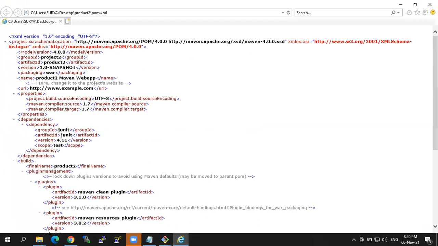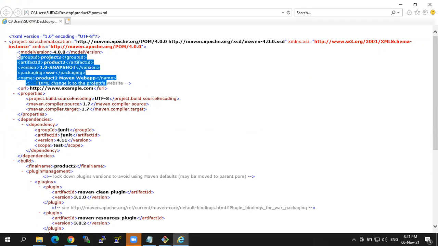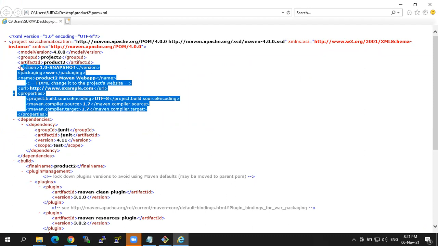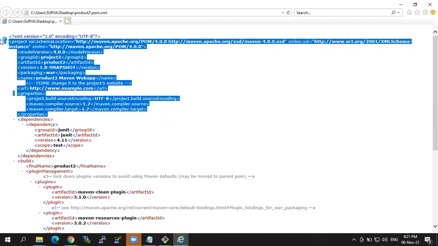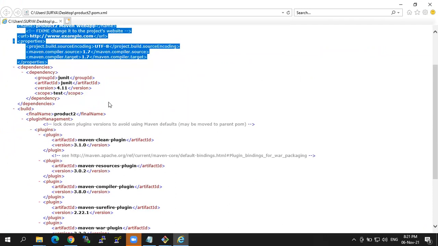First it will contain the general tags. General tags means nothing but group ID, model version, artifact ID, version. What is the packaging type? What is the name? And what is the URL? This is the general tags, up to this part. Next, the second one is